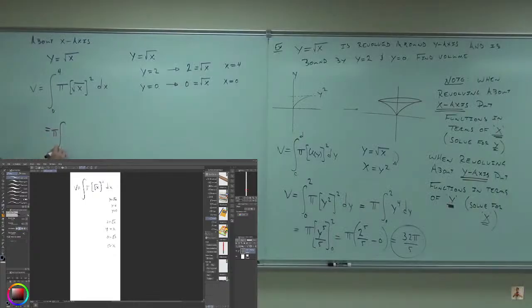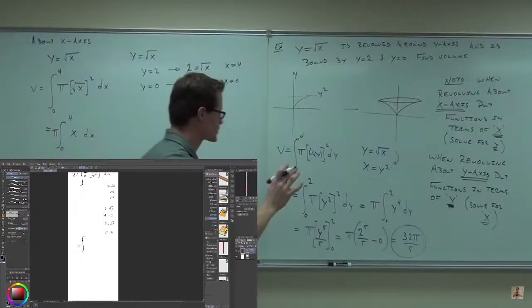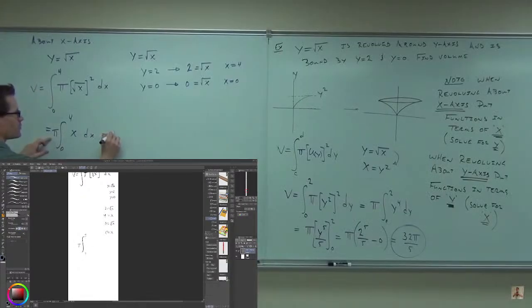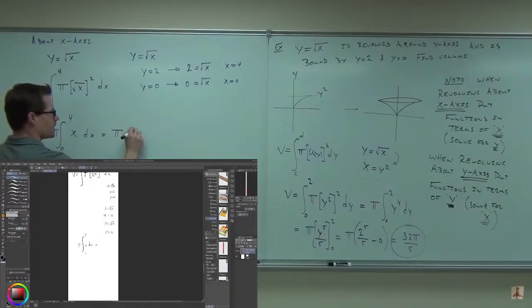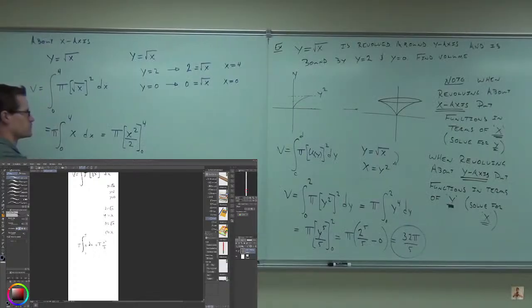So now we'll have an integral from 0 to 4. It's going to be a pretty easy integral. It's going to be pi integral 0 to 4 of x dx. Square root of x squared is x. That's kind of awesome. Then we'll have pi x squared over 2 from 0 to 4. Pi times 4 squared over 2 minus 0 equals